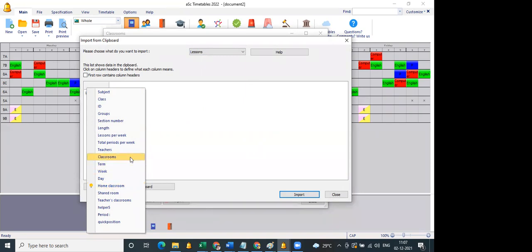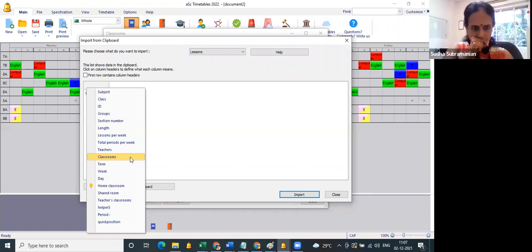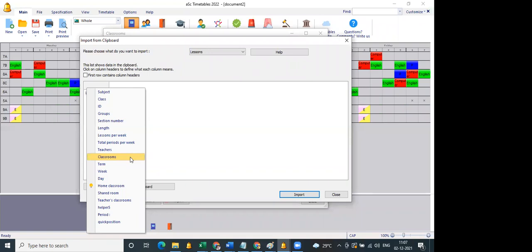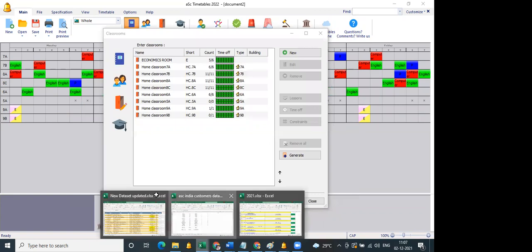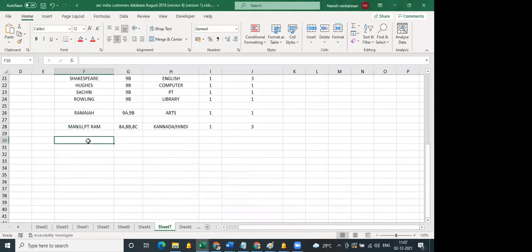the classroom, madam. It happens in which classroom? So you mention a separate column. It will be something like teacher, bio teacher.